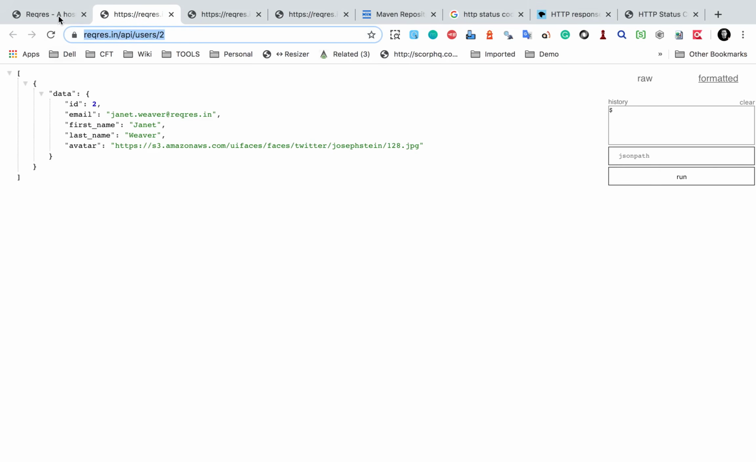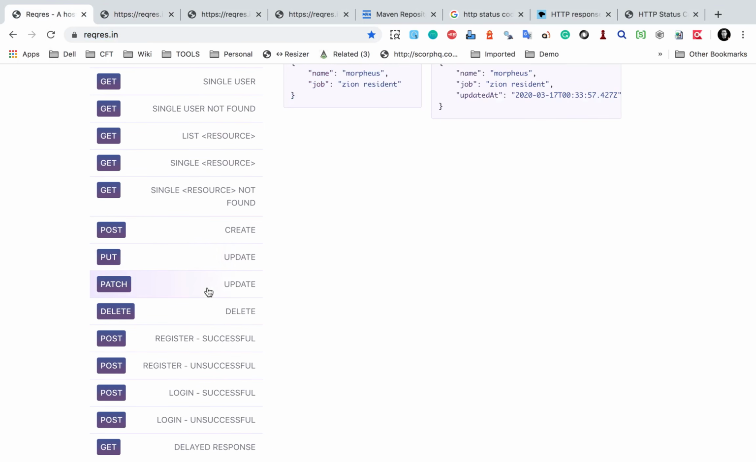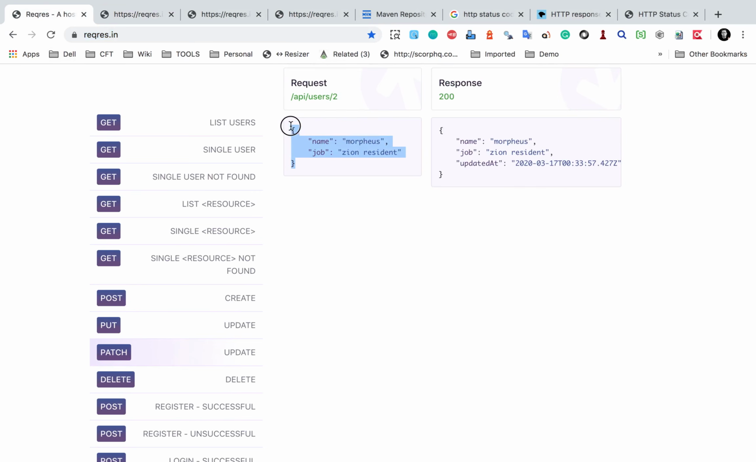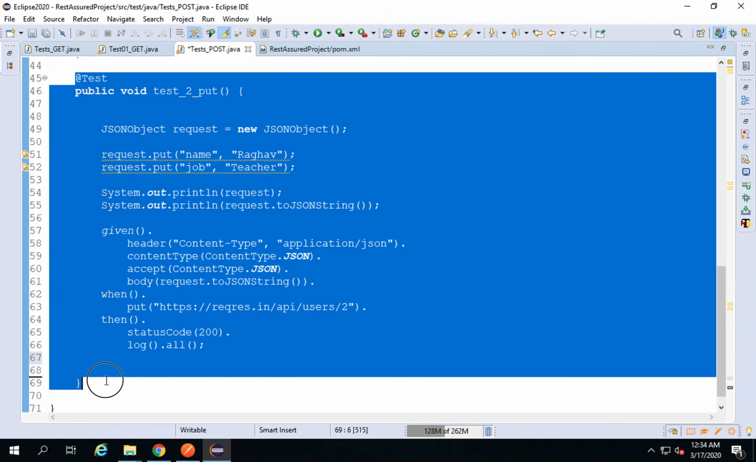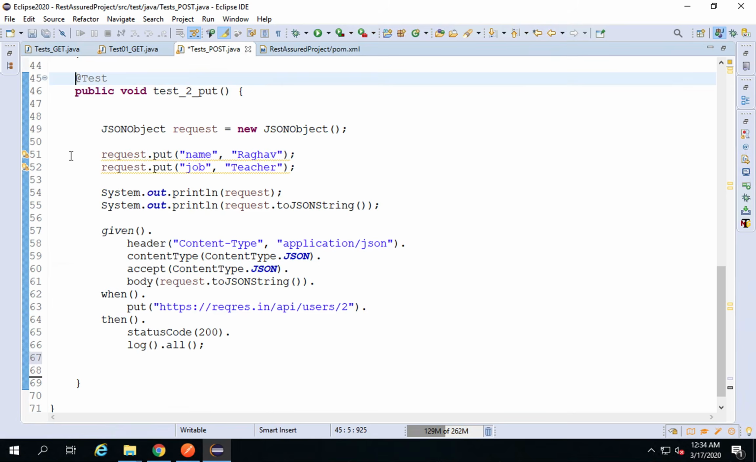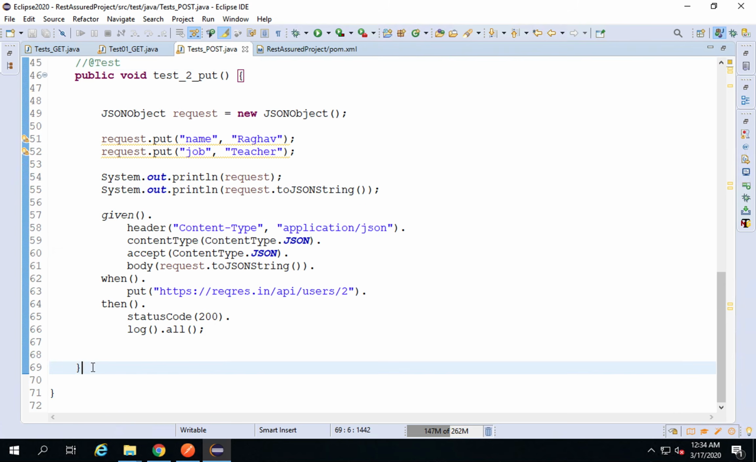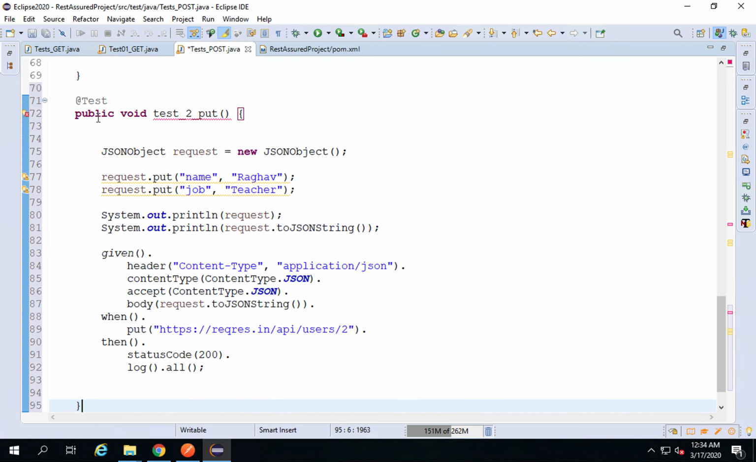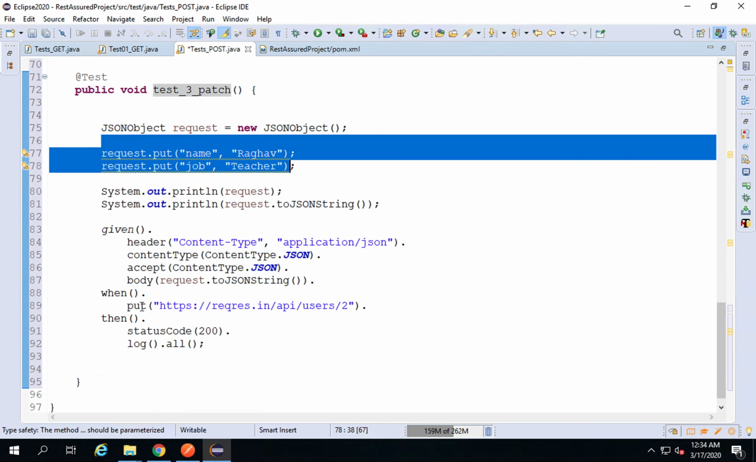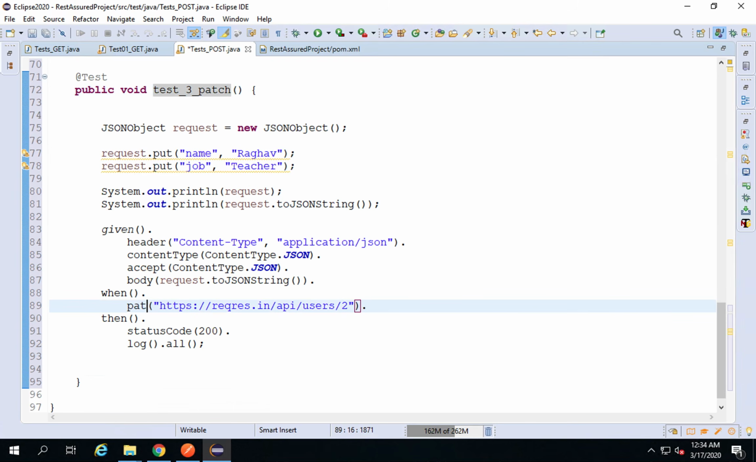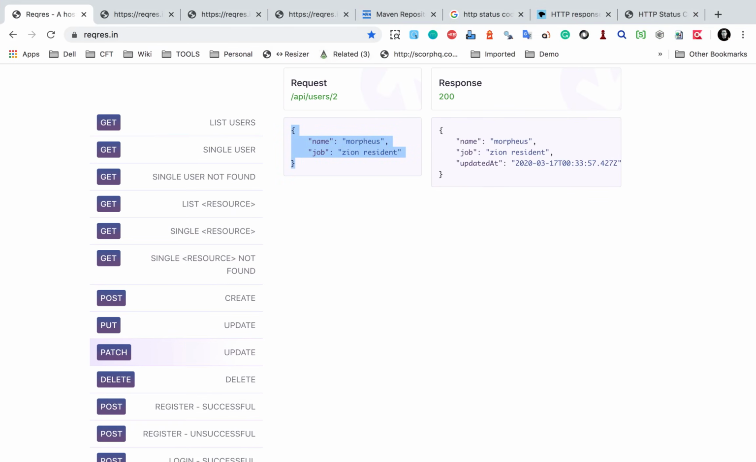Let me see a patch request here. So this is patch. Patch is also for update, and here also we have a similar content. So I will copy this function again, and this project I am going to put on GitHub at the end. So do not worry, you will get the entire project. So here I will say this is test3 for patch, and again we have the same data. So I will keep everything as it is. I will change put to patch here,